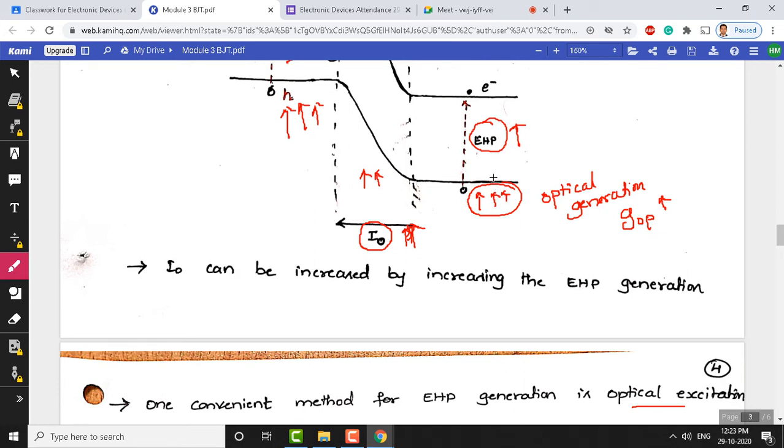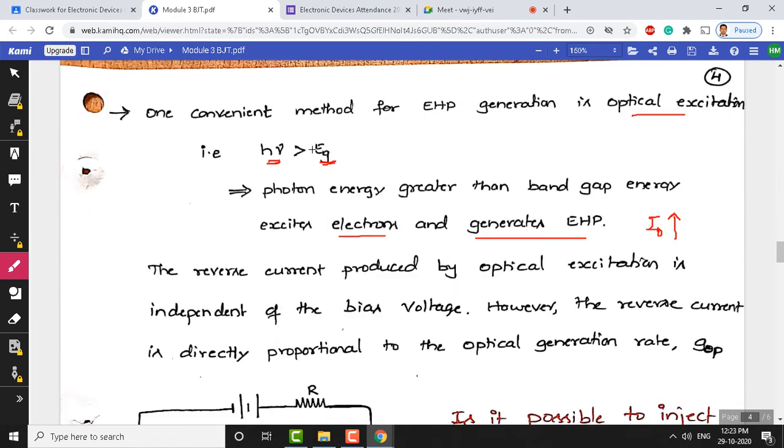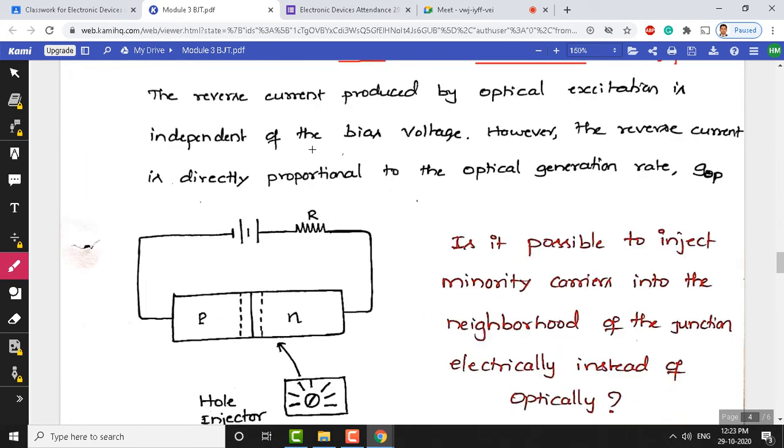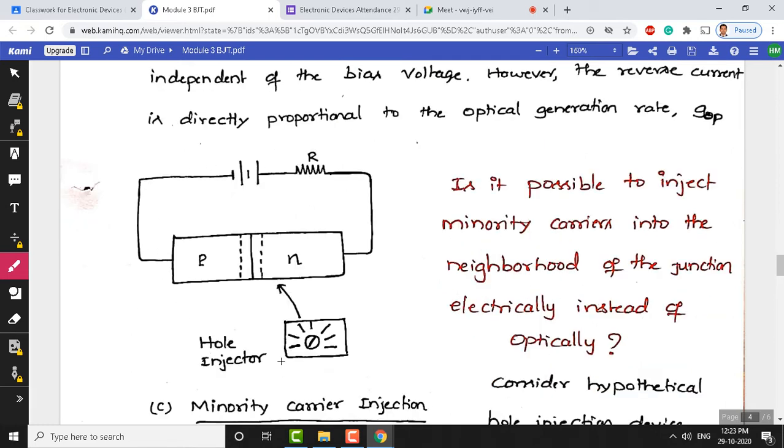if you can think of some device which can create electron hole pairs, instead of the light photons creating them, if you can think of any alternative device that can generate these electron hole pairs, definitely you can create some current between the N side and the P side. That conceptual diagram is as shown here. We have shown earlier the photons falling on the neutral N region and neutral P region, creating electron hole pairs in the N region and P region.